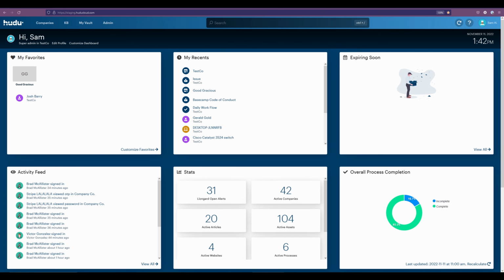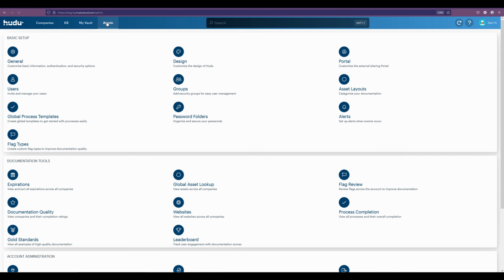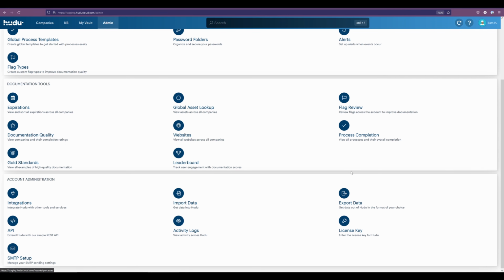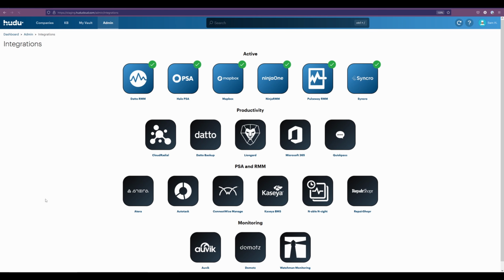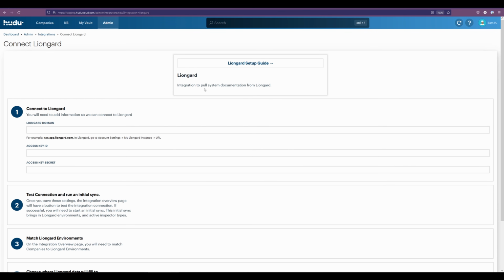For this video, we're going to be taking a look at the Liongard integration. Now, to find our integration page, we're going to go to the Admin tab, down here at the bottom to our integrations, and now we have Liongard. Clicking into my Liongard, these are the items that I'm going to need: domain, access key ID, and the secret